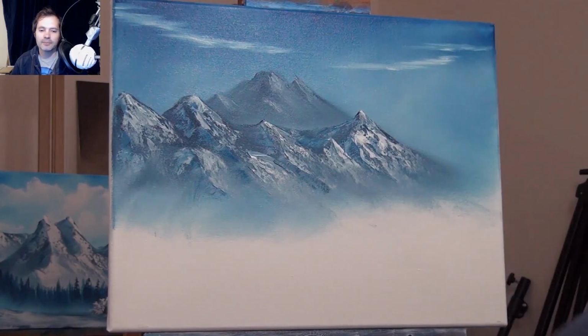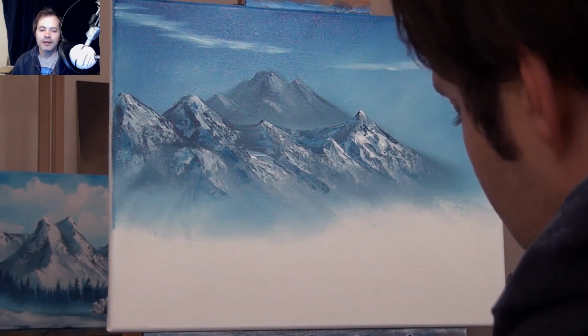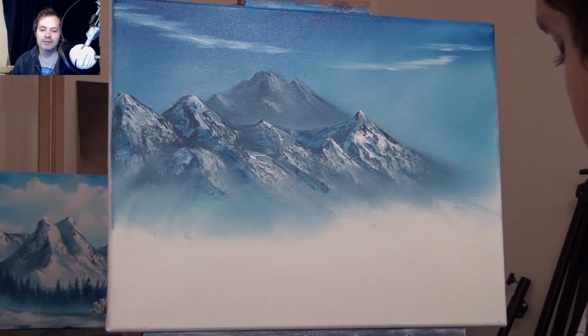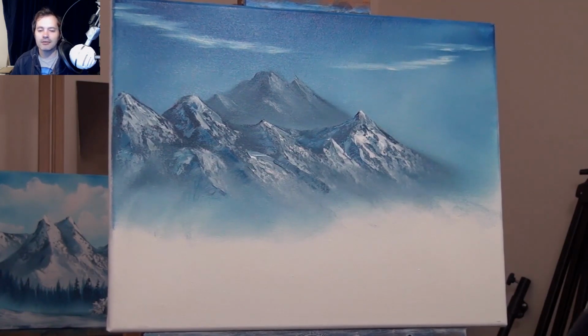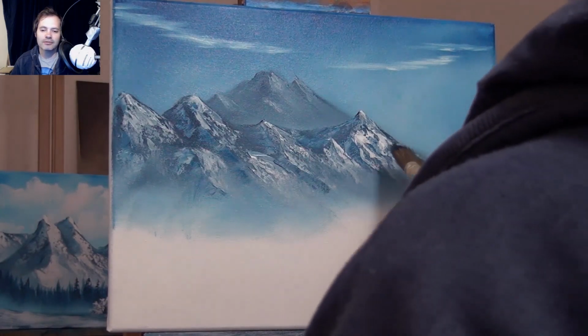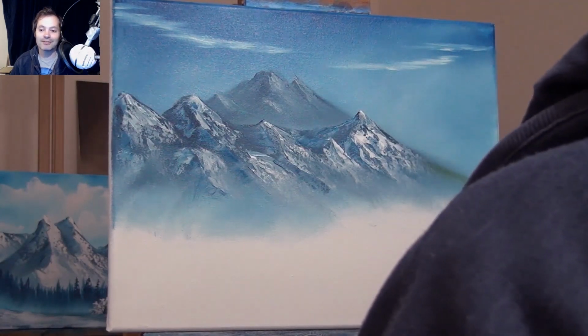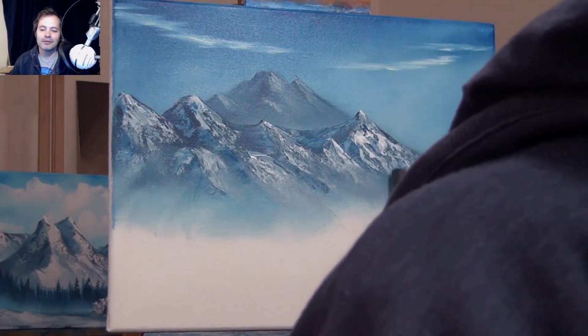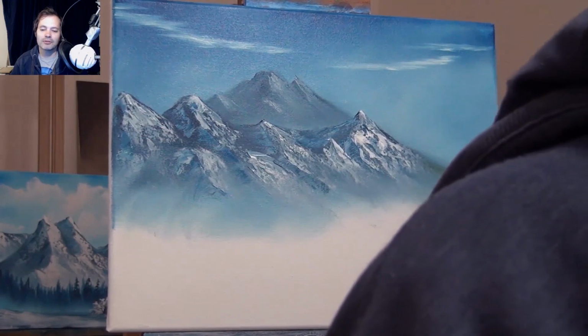So I've not done this painting before, and this is the first go. So I was thinking as I was going, right, try not to fill this canvas up too full with mountains. I know I need to practice mountains, but I had an idea in my head of what I wanted. And once I start doing mountains, the problem is I can't stop, and the full canvas is mountains. Good for practice, but... So I've got some sap green in with my blues, and I'm just tapping,